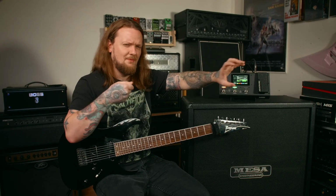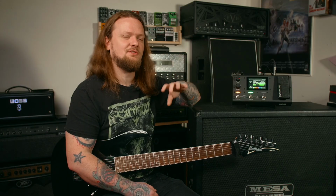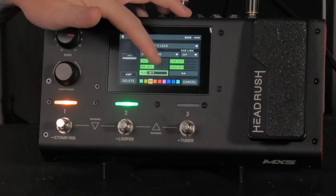Okay, so what it sounds like the Breakup is sort of simulating is like pulling the microphone away from the cabinet a little bit. So you do have some good control here, but I know that a lot of times, if you haven't mic'd up an actual cabinet, giving the user the option of using like an X and Y axis, they probably don't really know where they should be putting the microphone in the first place, so it's not super helpful. You know what, I'm just gonna set this up the way that I would set up my actual